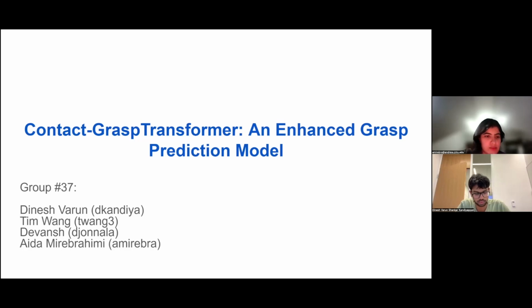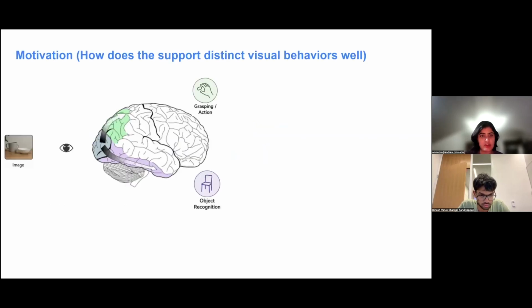Welcome to Group 37's presentation titled Contact-GraspTransformer, an enhanced grasp prediction model. Our work is broadly motivated by how the human brain can produce multiple outputs such as grasping and object recognition